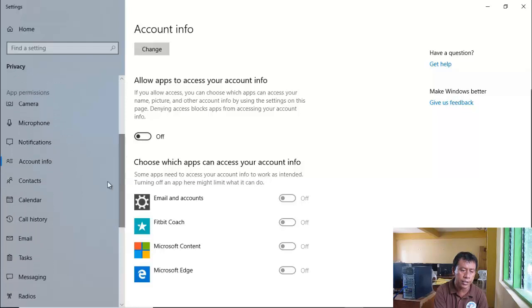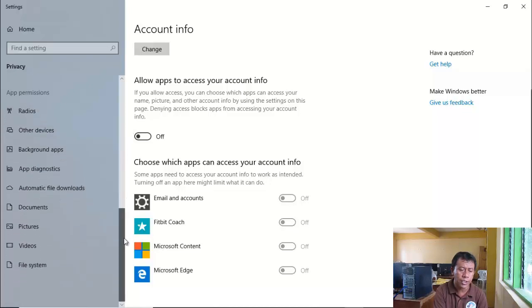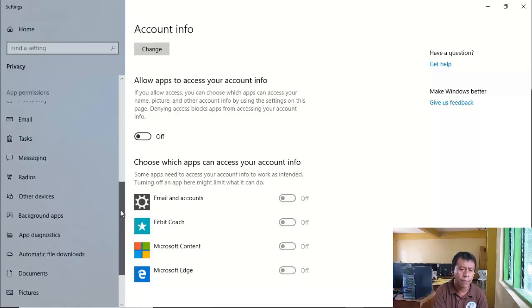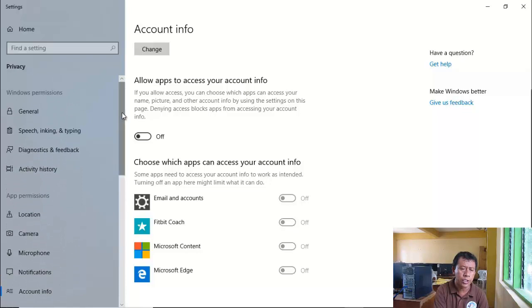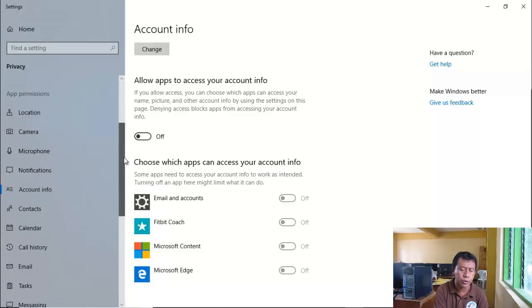There are still many things here: contacts, emails, tasks, messaging, radios, and so on and so forth. These are so many app permissions wherein you could turn them off or on. It's all up to you.